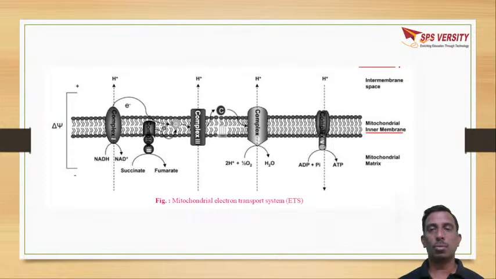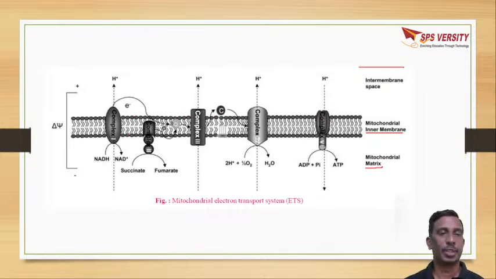Outer mitochondrial membrane और inner mitochondrial membrane के बीच में intermembrane space, उसको क्या बोलते हैं कि intermembrane space. और inner mitochondrial membrane के नीचे matrix of mitochondria है. ये protein complexes inner mitochondrial membrane में रहता और protein complex के साथ mobile carriers भी mitochondrial membrane